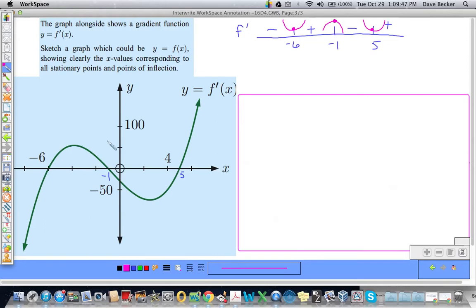we can't get a real good read, especially on a scale as varied as this. So I could possibly put my local min up here or whatever. I'm going to choose to put my local min here. Okay, at -6, yes. And let's see, where else? I have a local max at -1, so maybe that's up here, yes. And then a local min at 5, I don't know, it could be here, let's say. Okay, we'll put it straight down here, a local min. So we have a local min,